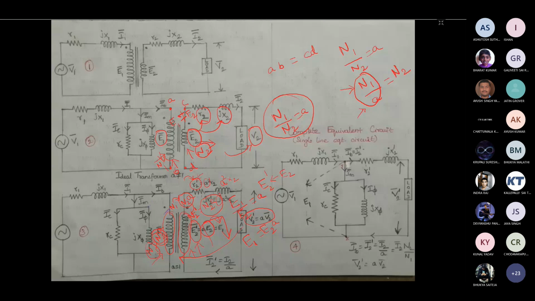So if I do that, I have to change all the values, like R1 dash, jX1 dash, and so on. That time I would have referred the primary with respect to the secondary, meaning with respect to the secondary I have changed all the primary. But now, with respect to the primary voltage, we have changed everything. So this is called secondary referred to primary.